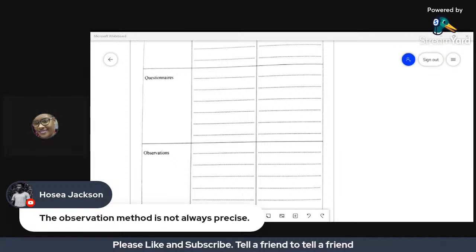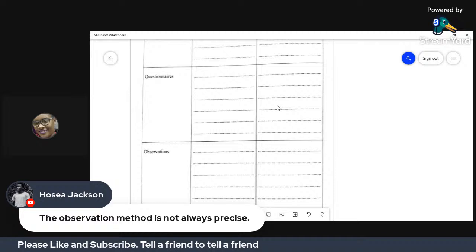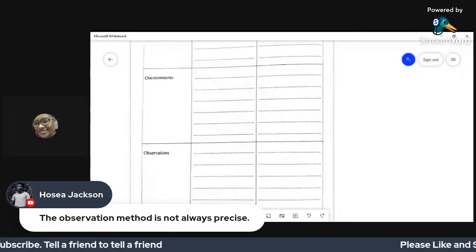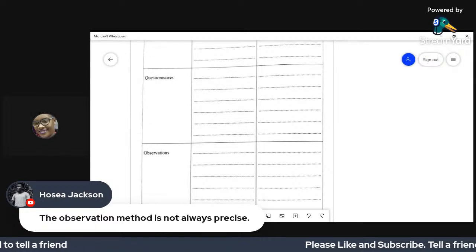So we did observation, but we didn't do questionnaires, so we skipped over questionnaires. What would be the advantage of questionnaires?